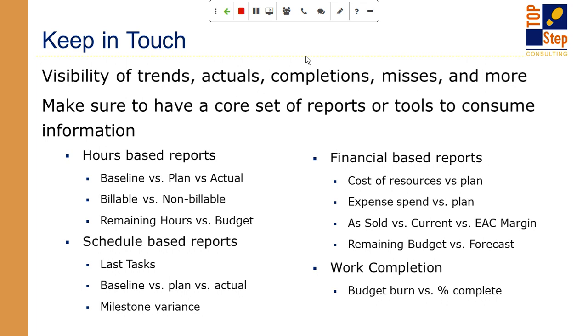And this is different than the hours. So the hours is how I'm expecting to deliver it, but the schedule is when I'm expecting to deliver it. So if you targeted to finish a deliverable by the end of June and now it slips to July, that may be simply because the customer asked the project to go on hold, or there's vacations you have to work around, and you're not expecting to burn any extra budget, but you are adjusting the task plan and the schedule date. So that very well could be a very different report from the hours that you're measuring.